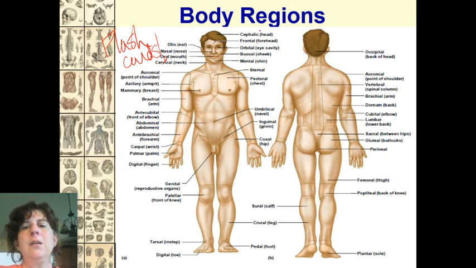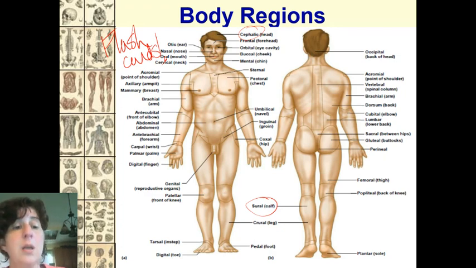I've learned cephalic, and then I've gone down here and learned sural, and I forgot what cephalic was. Go over and over and over again. Repeat, repeat, repeat. But you do need to know those, and you will be responsible for writing those names out on lab practicals. So you've got to know these terms.